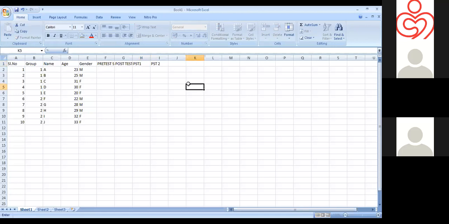So what I'm trying to say is you should enter the data in the single sheet itself, single cell itself. So this is one thing.